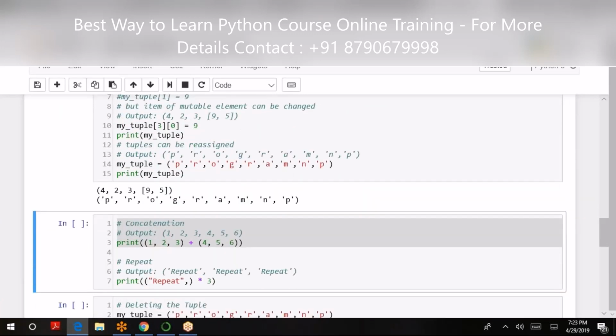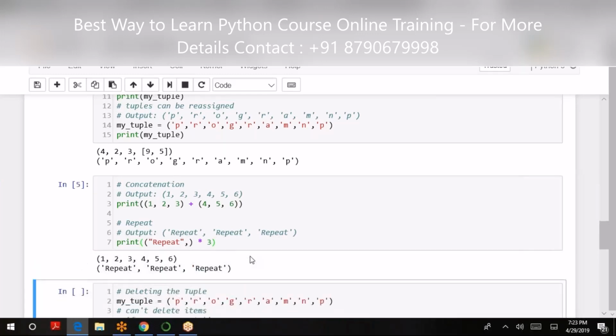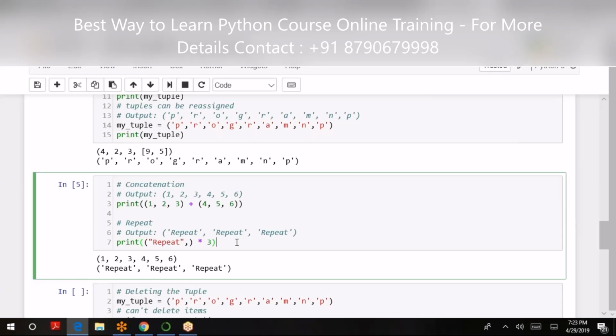Then concatenation. Here plus doesn't mean that 1 plus 4, 2 plus 5 is going to happen index-wise. It is a concatenation or addition of two different lists. 1, 2, 3 followed by 4, 5, 6.